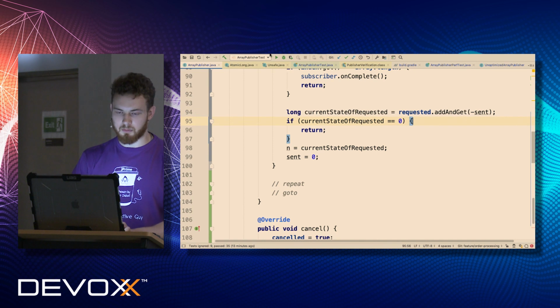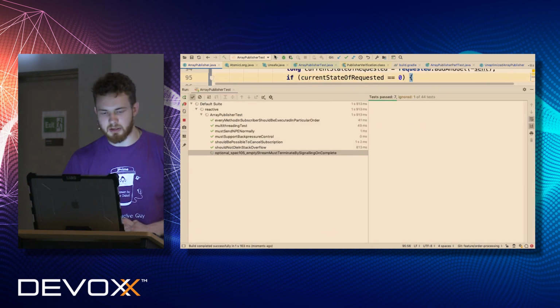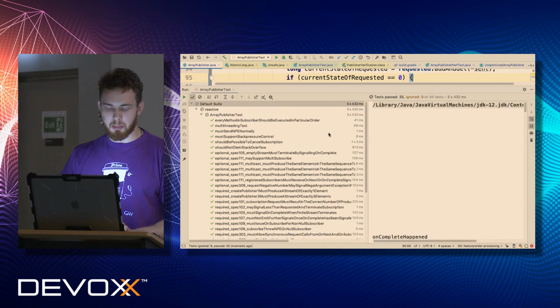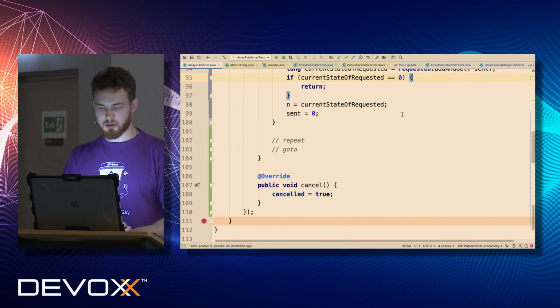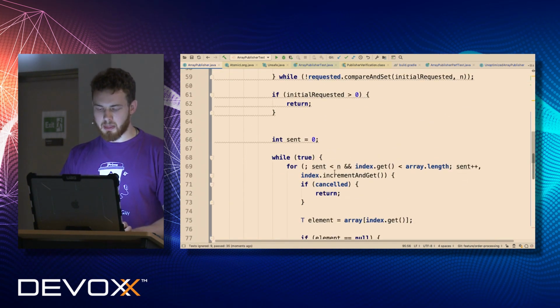And if we get back here again, if someone requested more, we will redo and redo and redo the same action. So let's first of all rerun the TCK, and we will see that all tests are still passing, which means that we didn't break anything. Yeah, it works. So by doing that, we decreased n.